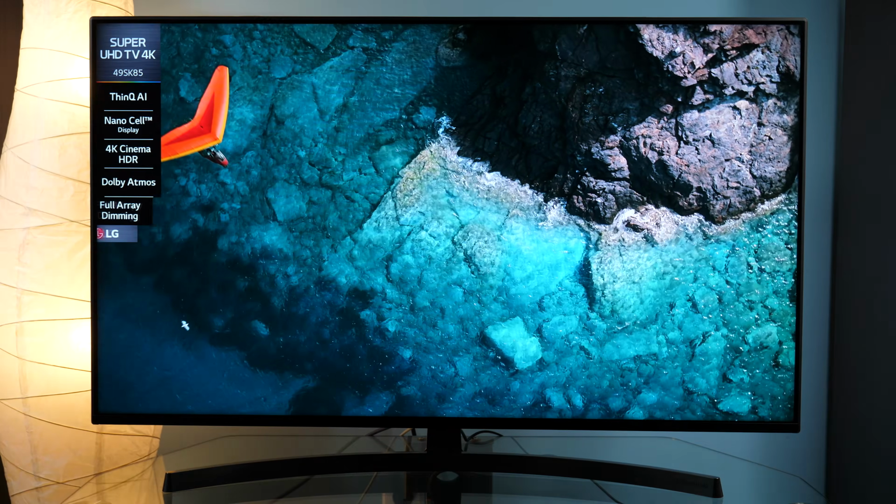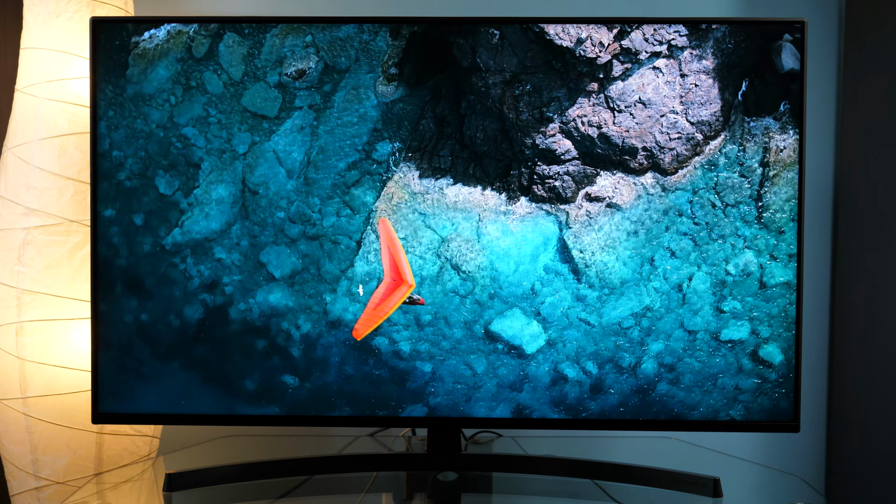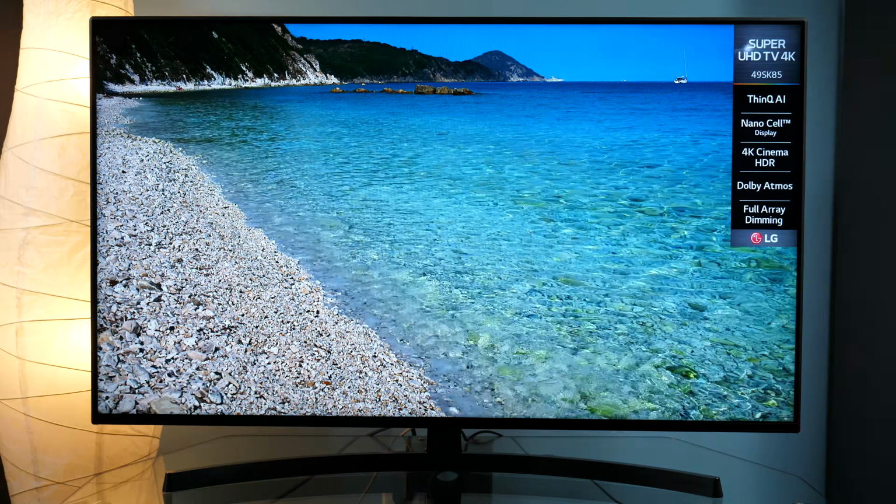So first I will talk about SDR picture settings, and then I will jump to HDR to briefly explain also